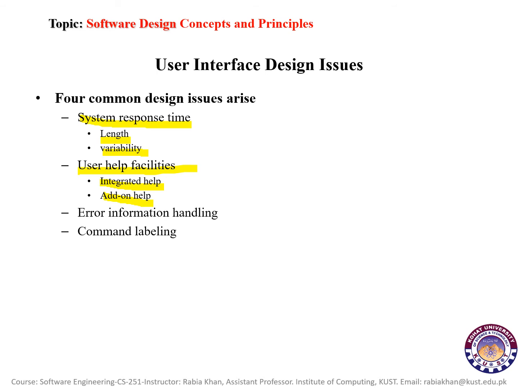So, in an integrated help facility, the user is guided through his actions, and what next appropriate action would be required by the user. A list of actions is suggested by the system and the user can then select the appropriate one. For example, when you click the spell checker in a word processor, for a particular word, different options are available. Whatever suits you, you select that particular spelling for a word, and the desired action is then performed. This is an example of the integrated help, while the add-on is the help menu that is